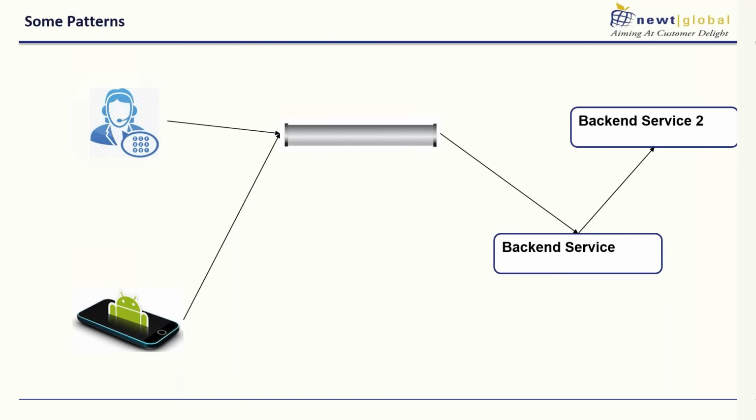Right. So it's also important that you have some patterns that are pretty common. For example, this is a mobile app, and then there is an IVR. So let us say you're booking a cab, you can either do it through an IVR application, or you can do it via a mobile application. And here, as you can see, it's writing to a queue. So there is a pipe where all your requests will probably go, and then there is a backend microservice, and then there's another service which in turn talks to the original backend service. So that's the typical kind of design that you would have.